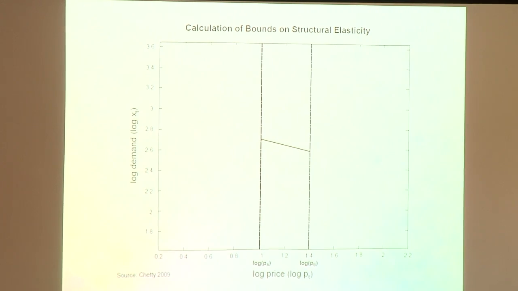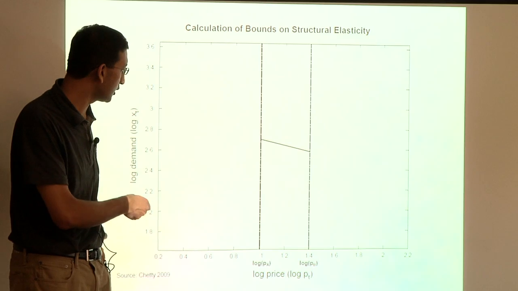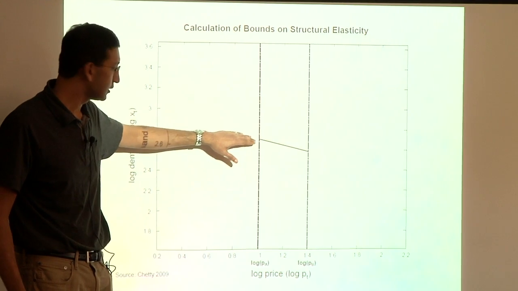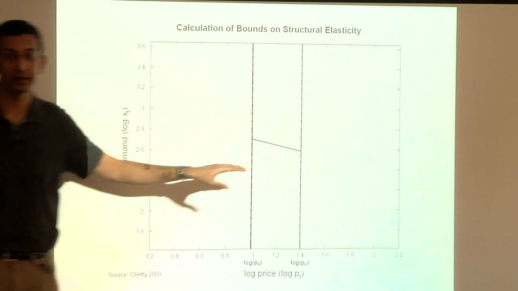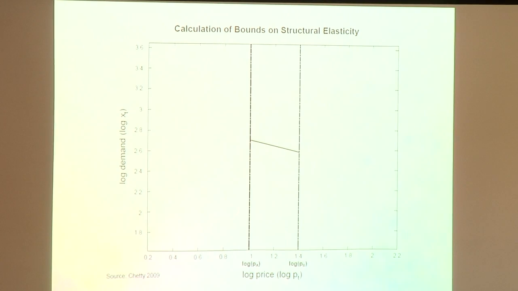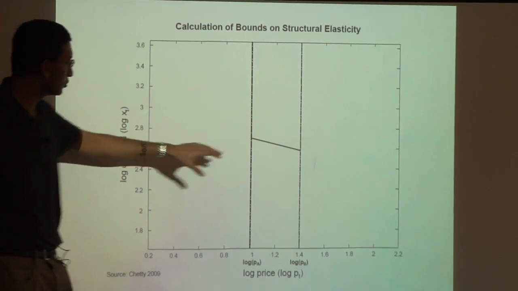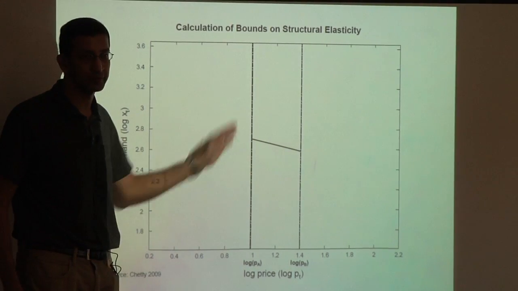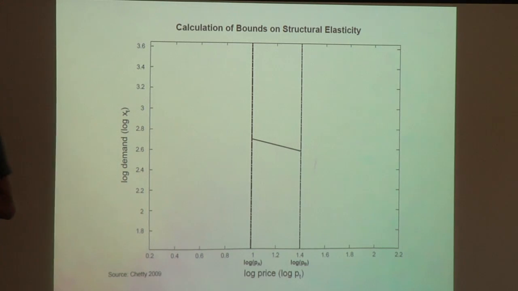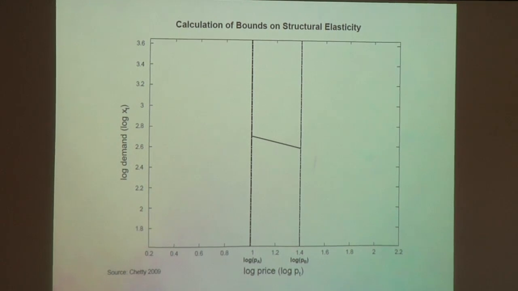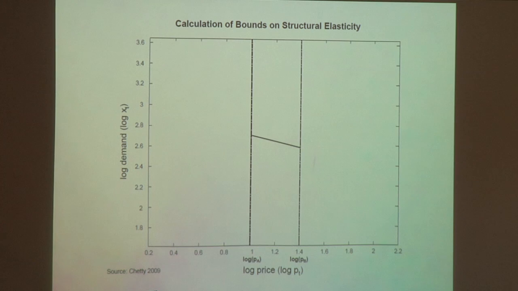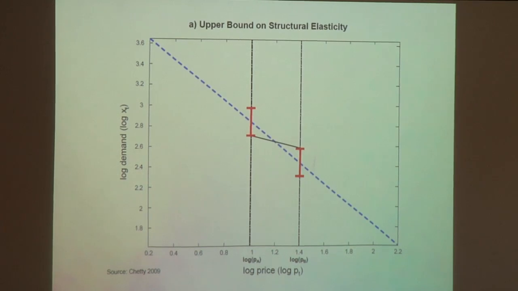So let's see how that works graphically. Let's say you've estimated without error that the demand curve looks like this black line here, where you're going from a price of 1 to 1.4, a 40% price increase. You got a bunch of data and you just estimated the slope of this demand curve, right? This is the observed elasticity, epsilon hat. You want to know what is the potential set of blue lines, the structural elasticities, that could have generated that black line that you see in the data. And here's how you get the bounds on that.